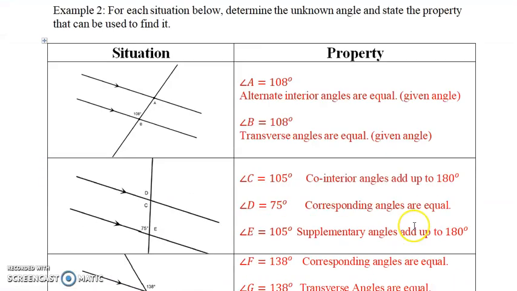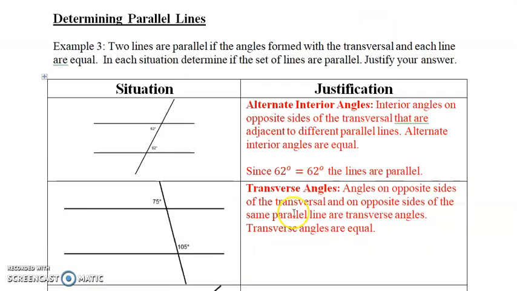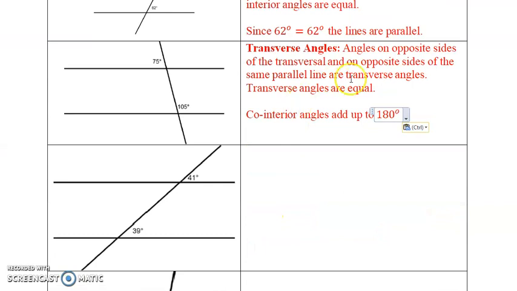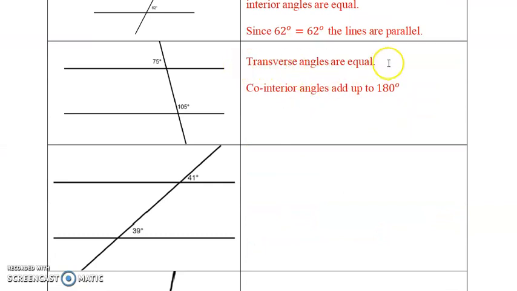So I can just grab that. Co-interior angles add up to 180, and transverse angles are equal. So I don't need to write the whole thing down. The first thing is transverse angles are equal and co-interior angles add up to 180. So that means that 75 degrees,